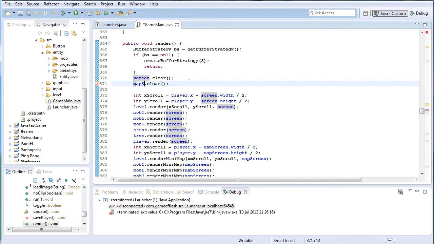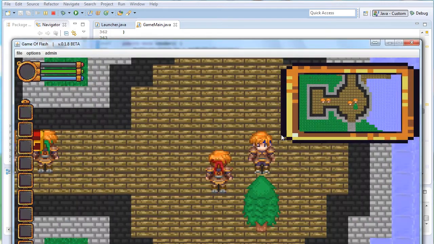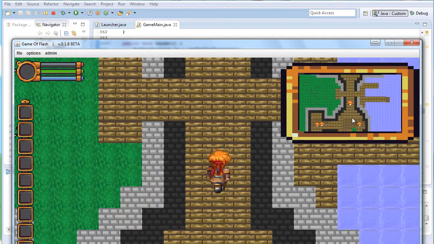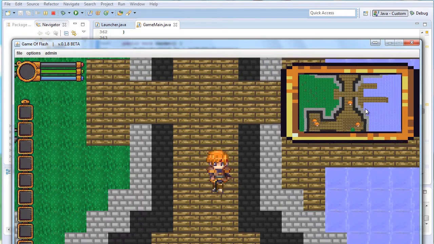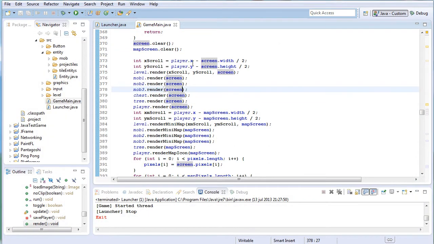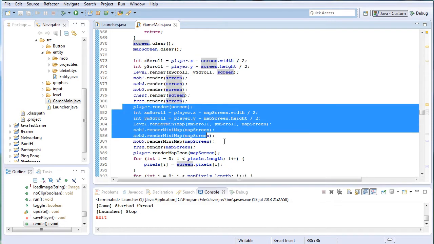So I had some problems with my map. That's maybe why it doesn't clear it. It's still a bit buggy because it's the low resolution. From this, it takes it and makes it lower. So that's why. Okay. Anyway, you need to copy everything that you render and paste it again, and then